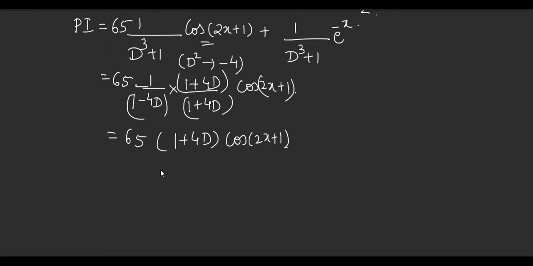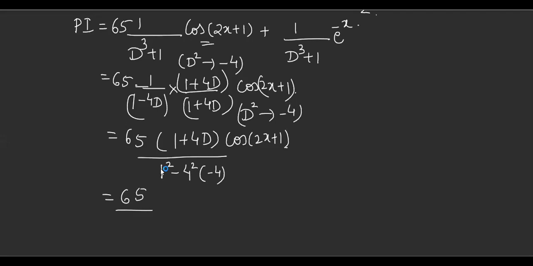What is the denominator? Denominator is again a minus b into a plus b, which means a square minus b square. In that b square, what do you have? A d square term, minus 4. So here you write it as d square replaced by minus 4, which is maybe more clear. So what is this answer? 65 divided by, how much is this? I think this is also 65.